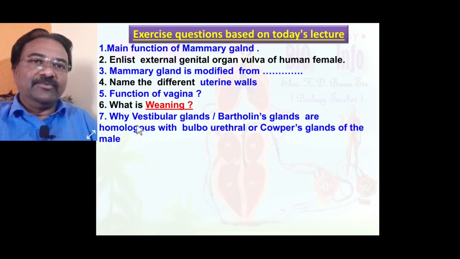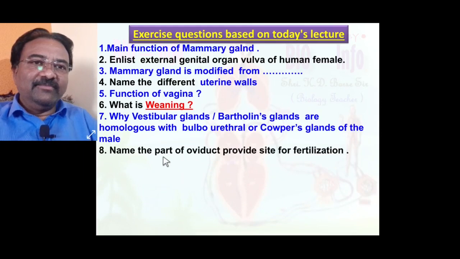So the vestibular gland, Bartholin gland, is homologous to the bulbourethral, Cowper's gland of the male. Name the part of the oviduct that provides the site for fertilization. Yes, ampulla is the part of the oviduct that provides the site for